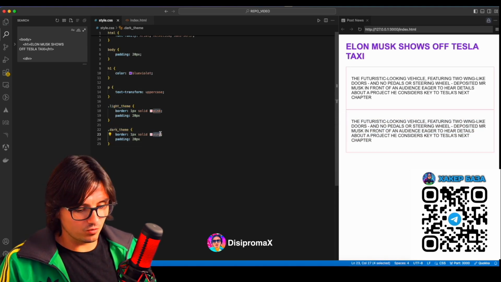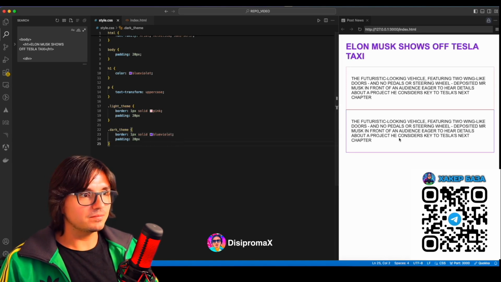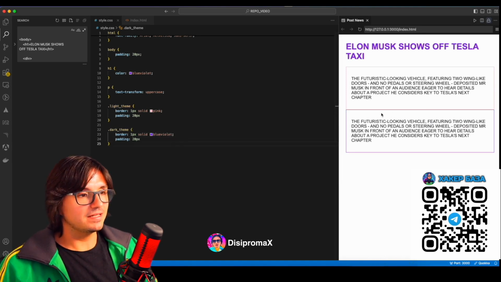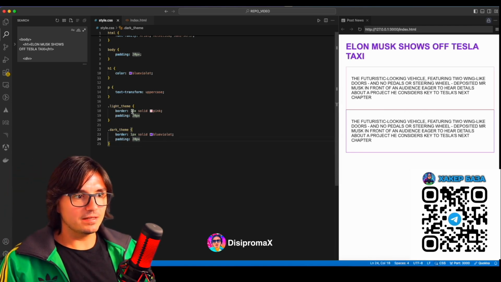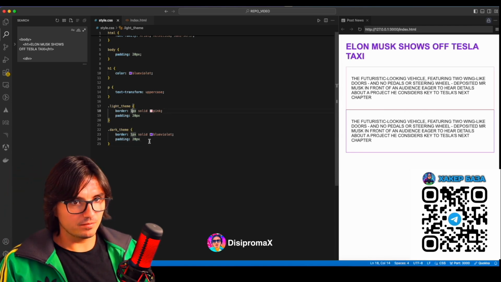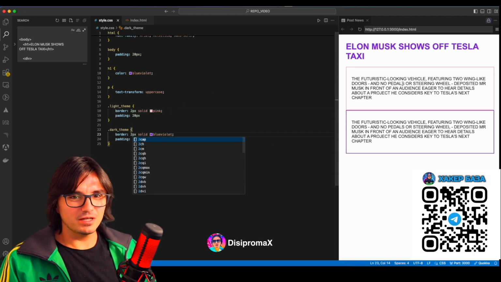Here we'll write blue velvet. Let it be. What I don't like here is that they are too close to each other. And I don't like that the border is so thick. I want to make it 2 pixels. Let it be a bit thicker. Look, yes, it's not pretty. They are adjacent, the colors mix.